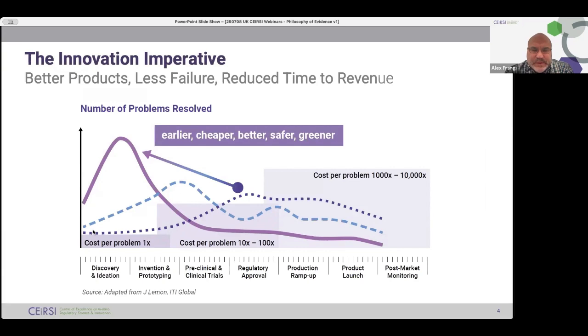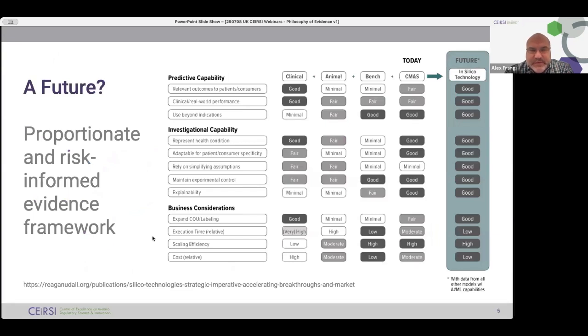So we want to avoid having to go to later stage testing with the risk inherent to those for patients, and also the economical risk for industry that are developing those technologies, and de-risk those by using these approaches at an earlier phase. So one possible way to look at the future is to fully replace current techniques with this method. That's not necessarily what we are proposing here.